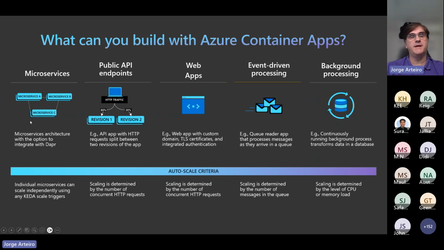Dapr can manage all the certificates and all that safe communication between those microservices, and you don't have to care about these. And trust me, many years ago, we used to have to do it ourselves. Now it's all done by Dapr, by the service itself.